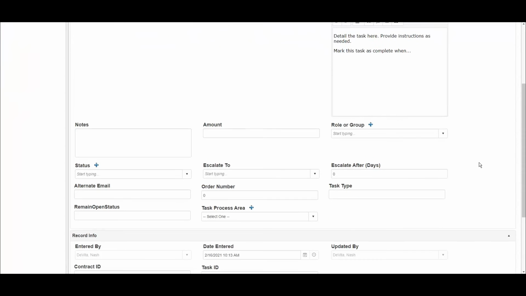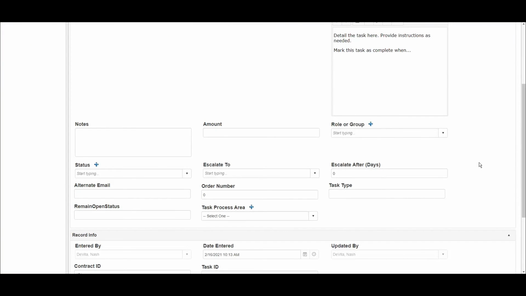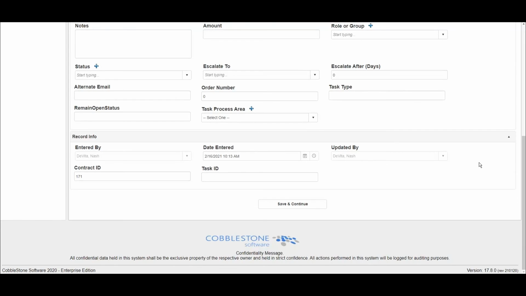Now that we've got the necessary parts taken care of, let's scroll down the page. Here, we can place any needed notes, amounts relevant to the task itself, and an optional role or group if other members of an employee group can act upon this task as well. We can also set a starting status and escalation data. We'll talk a little bit more about escalations and the other options we see here during our discussion on workflow-based tasks. For now, let's scroll down the page and commit our task record to the system by clicking Save and